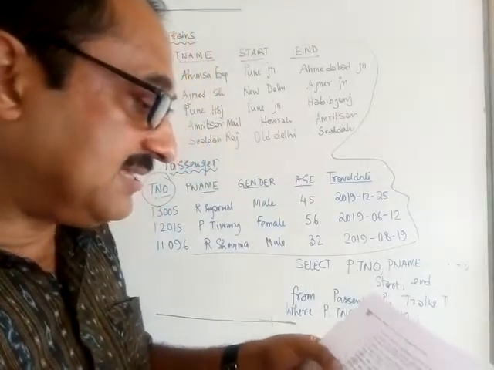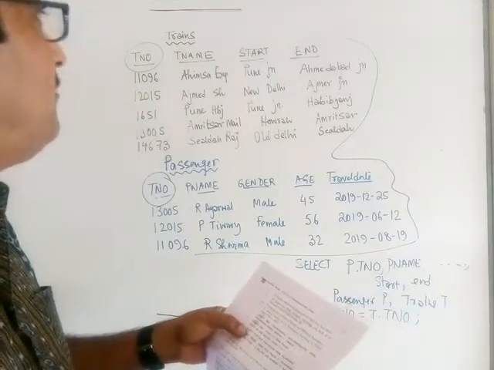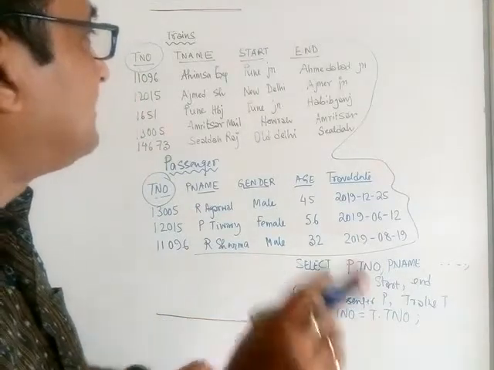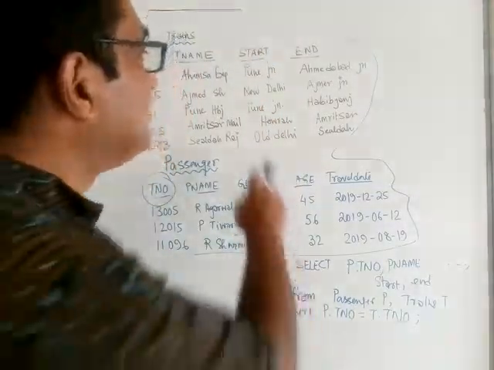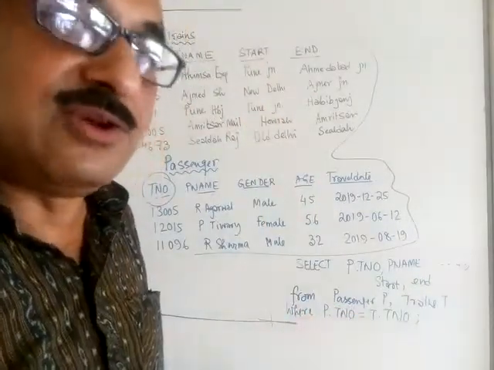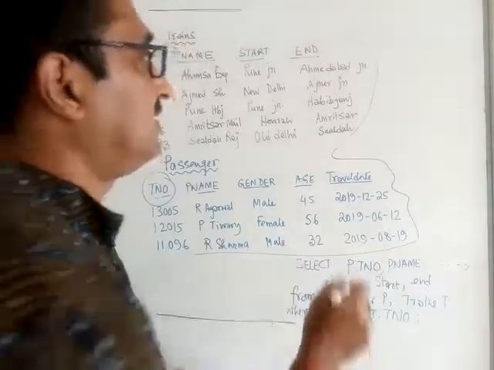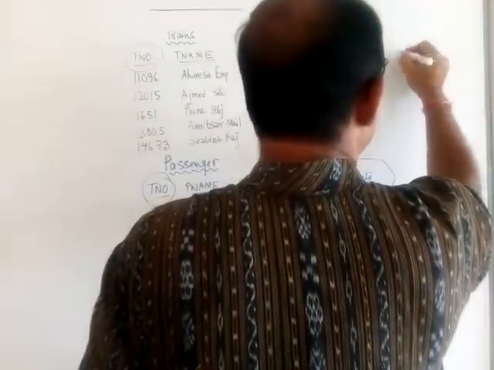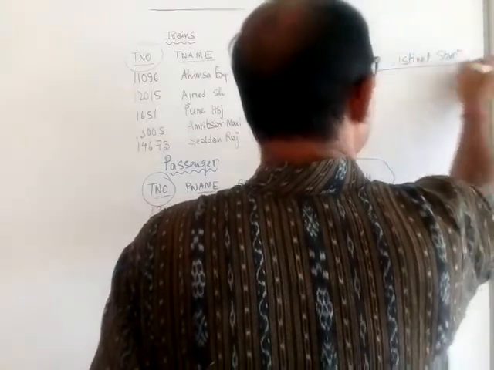Like one question is there. They said select distinct start from trains. Select distinct start. What is the meaning of distinct start? That means if a column value has appeared more than once, it will be appearing only once. Okay. So I will write distinct the way it will be given in the question, same way we will write, and that will be my heading.